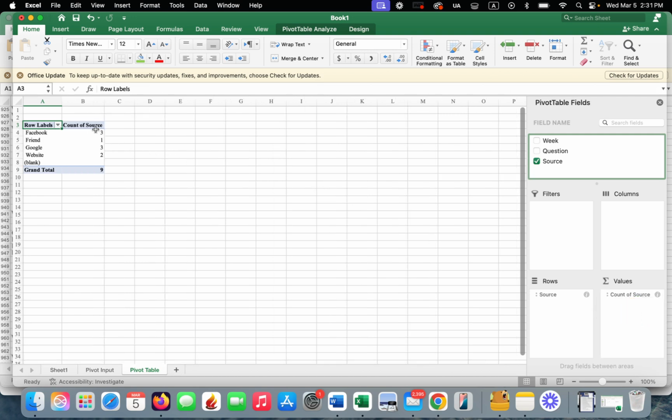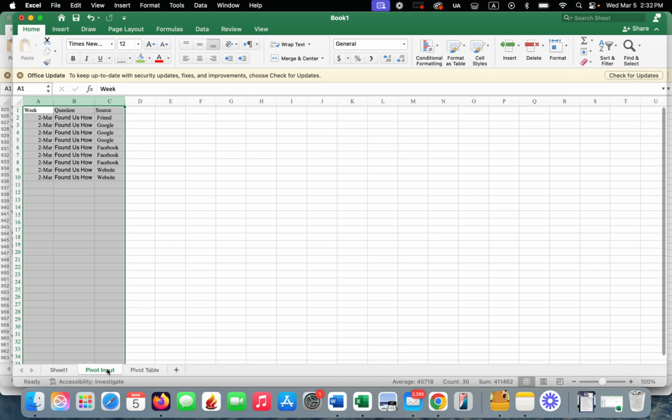Right now, this pivot table tells us that, based off of the fake info that I put into the spreadsheet, there were 3 people who found out about King Solomon's through Facebook, 1 who found out from a friend, 3 who found out by Google, and 2 found by the website. Then you want to save this spreadsheet. The reason why you want to save it, and the reason why I had you set up the pivot table this way, is because let's say in the following week,